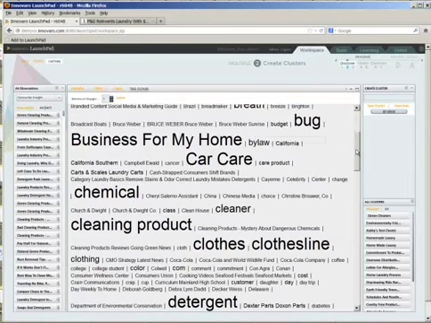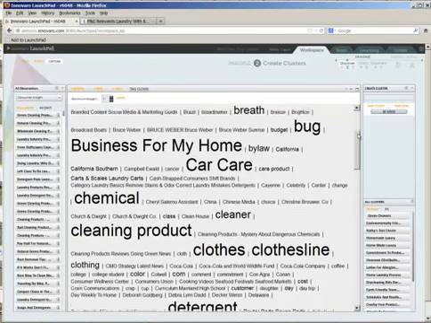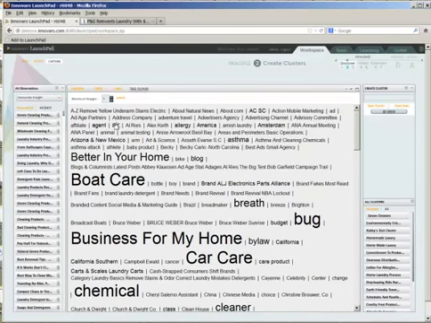Now, you may find for a large search, there's a lot of data in here you can't make sense of. You don't really want to. What you have is the ability to set a weighting that says if it doesn't appear more than a certain number of times, let's take it out.